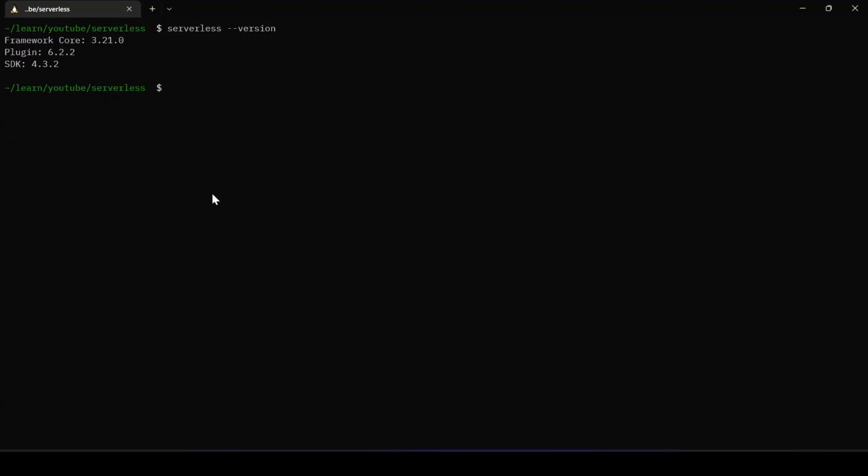In order to install serverless CLI, you can issue a command called npm install -g serverless. We will be using the latest version of serverless that is available out there. I have this already installed and I have the version 3.21.0 on my system. Once you have the serverless CLI installed,